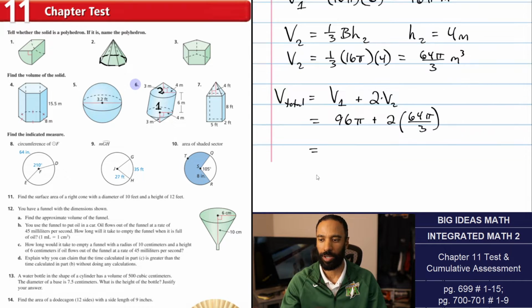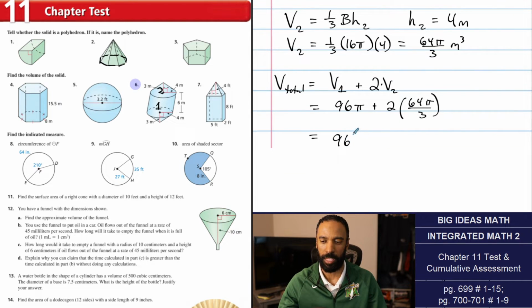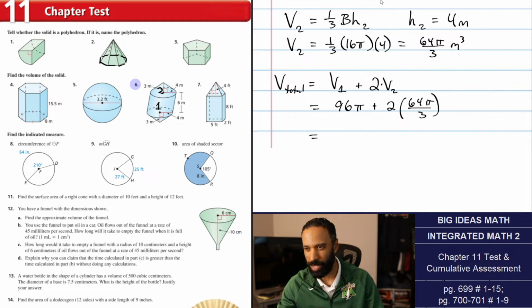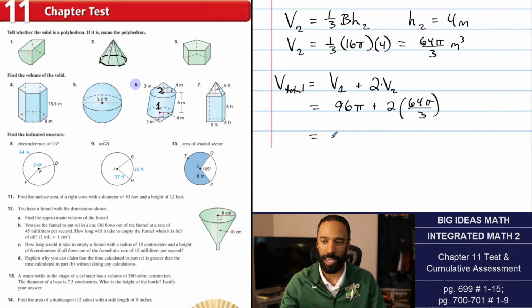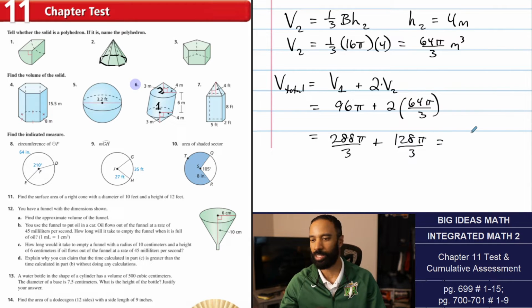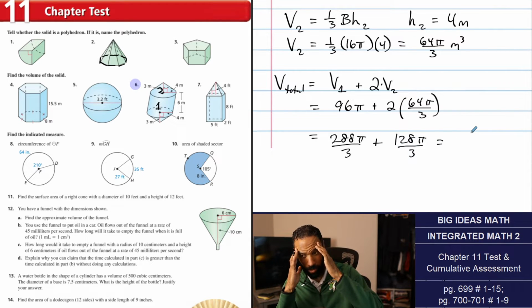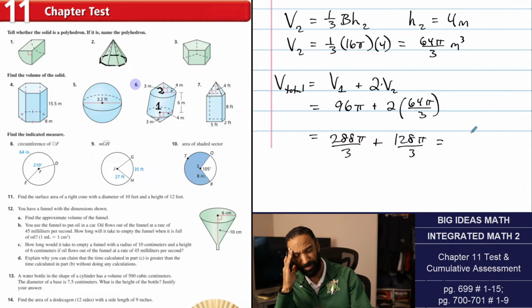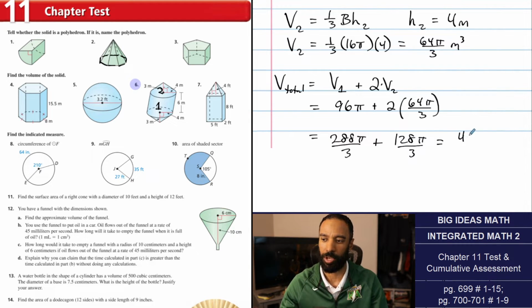And again, if we want to work exact, we can probably do some of that to begin with. 96, let's do this. 96 times 3 is 288. So 288 thirds pi plus, and this would be 128 thirds pi. And that'll give you 416 thirds pi. This is something where I feel like if I'm working too exactly, I'm probably going to mess something